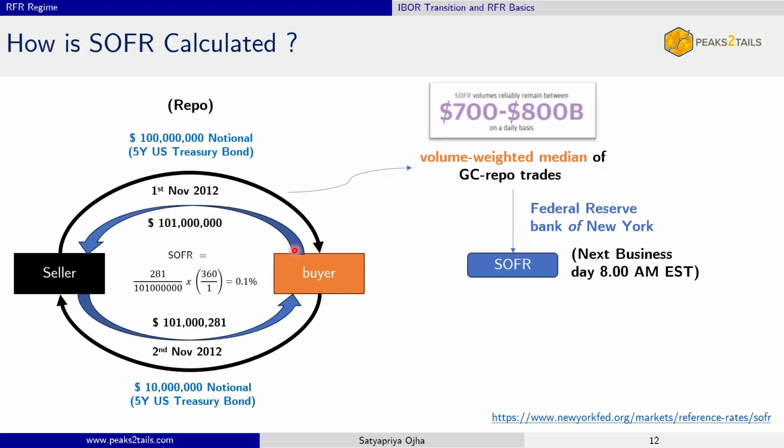Yeah, we don't use 365 days. It's a convention, right? 360 days is the convention, Act by 360, in the US. In other areas, you can use 365. So there are differences. So yeah, we have these many transactions, and then we get these rates and do a volume weighted median of